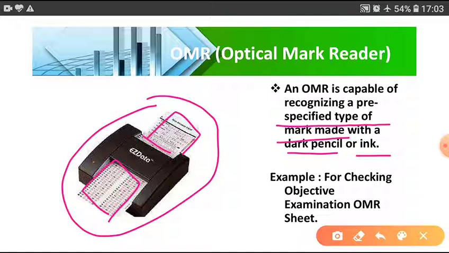We fill our name, we fill our options A, B, C, D by marking with black or blue pen. Example, for checking objective OMR sheet. With the help of this OMR machine, it is possible to conduct objective type examination, offline examination, and it produces result at a very fast speed.